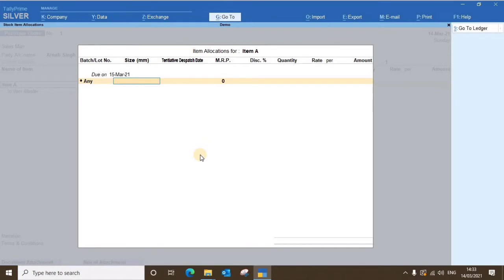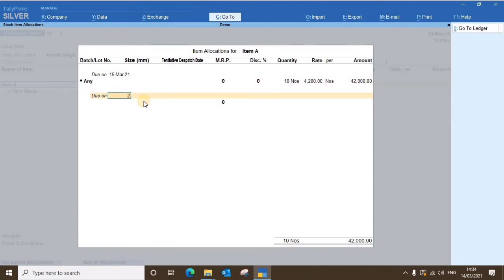Okay friends, size and tentative, all these things are irrelevant. The only important thing is the quantity, because size, tentative date, MRP are customized as per the customer requirement, but the default function is the quantity, rate and amount. Suppose I give the PO for 10 pieces, as per the quotation given by the vendor this is the price rate, suppose 4200 rupees, total price is this. Again in the same screen, it will ask again, if you dispatch further in the same order, you can give multiple due dates for the single item.